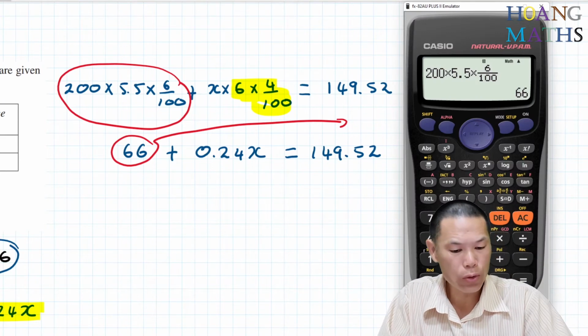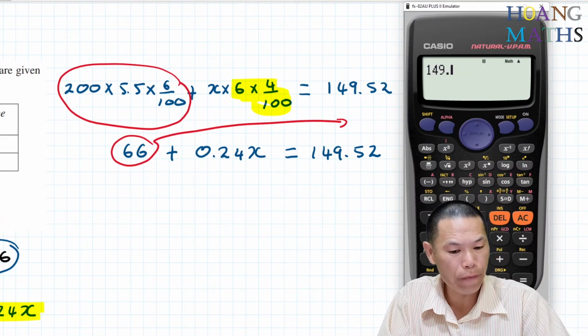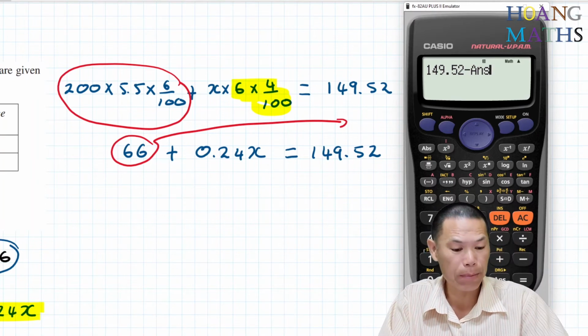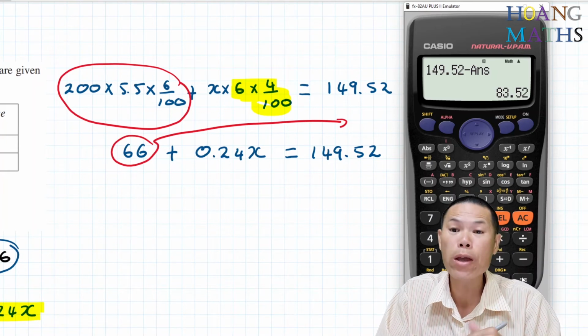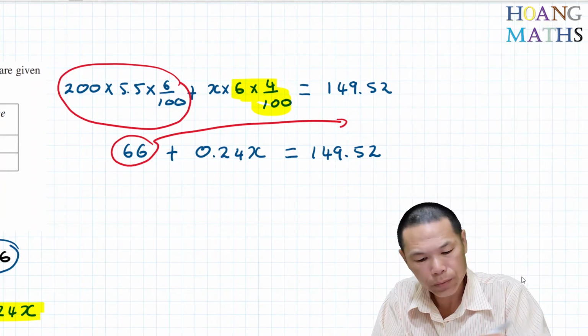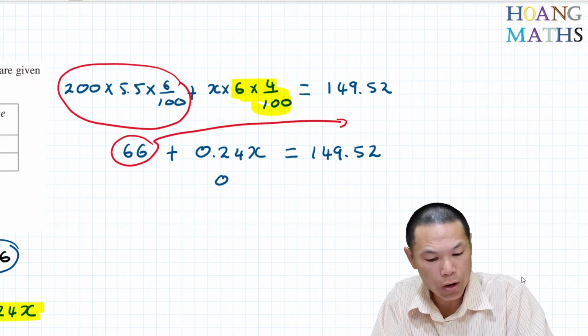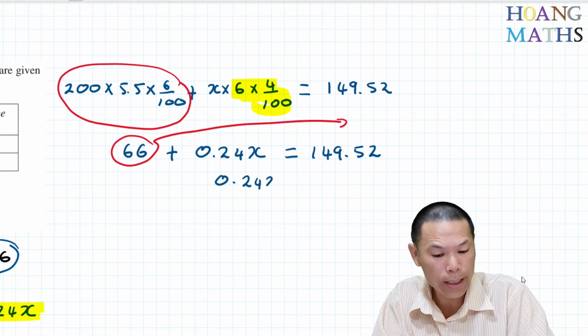So I just go 149.52, I minus the answer, because that's the last one I did, that is 66. So that is 83.52. So 0.24x is equal to